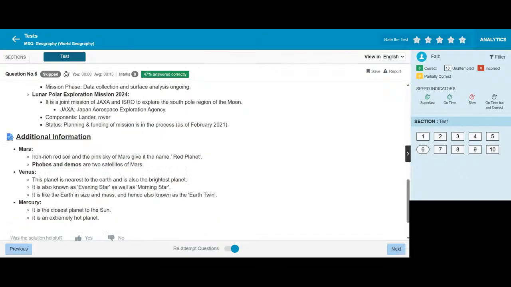It is a joint mission of JAXA and ISRO to explore the south polar region of the moon. JAXA, Japan, and